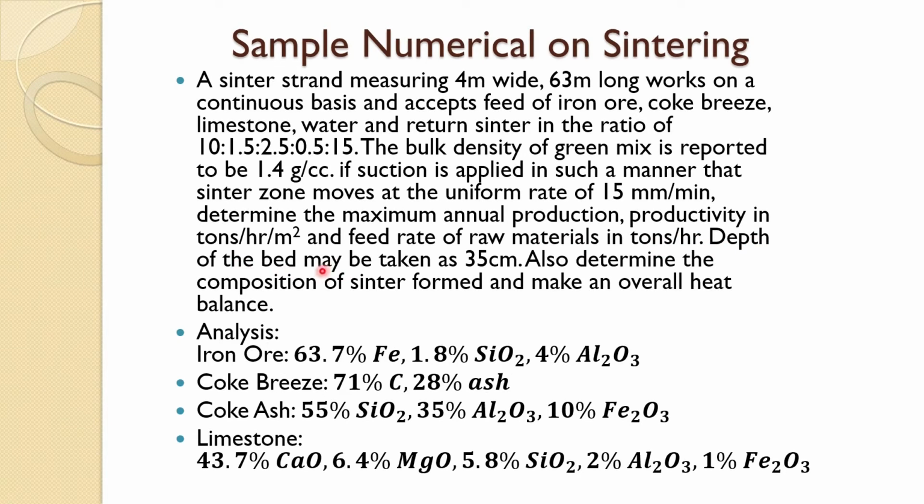The depth of the bed is given as 35 centimeter. Also determine the composition of sinter formed and make an overall heat balance. The analysis of iron ore is given as